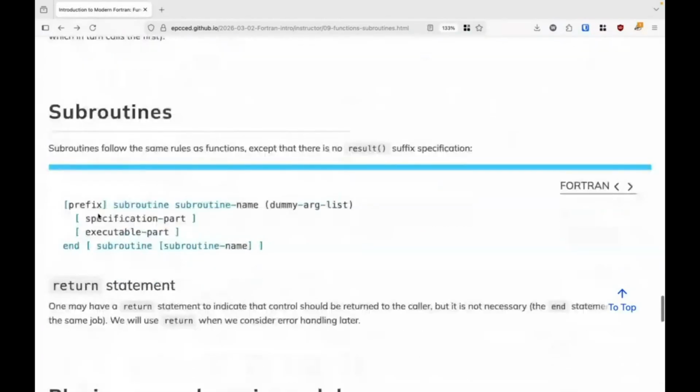Subroutines, we haven't looked at them formally yet. They work very similarly, but there's no result because we don't use them in expressions of themselves. We use them in call statements. So remember, a subroutine does a